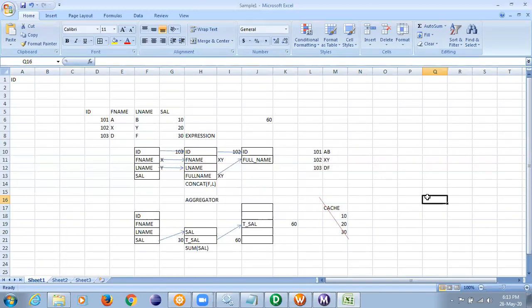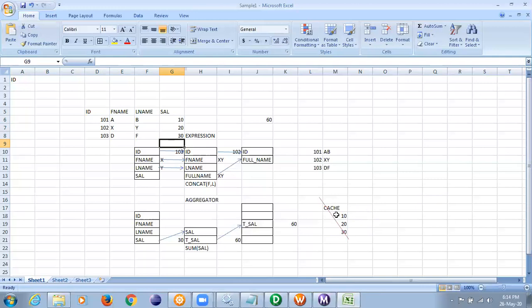Let me give you an example. I ask you to give me the data in ascending order or in descending order. Arranging the data in ascending or descending order, is it a row wise calculation or a column wise calculation? Column wise, right? Because more than a row is involved, so cache will get created. If I want to arrange in a descending or ascending order, I'll fetch the first record, but just on the basis of the first record, can I give you the output in ascending or descending order? No, because the calculation is dependent on the second row and the third row also. So the cache memory will be created, I'll shuffle the data in the cache memory and give you the output.